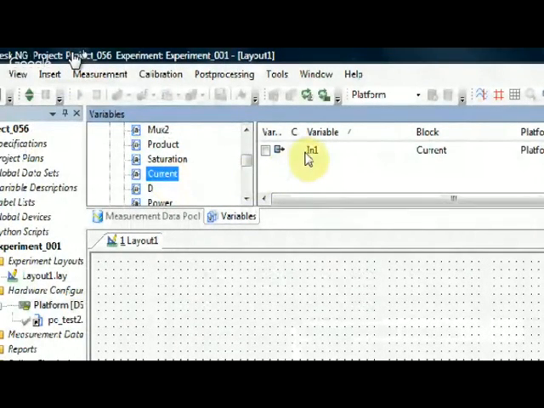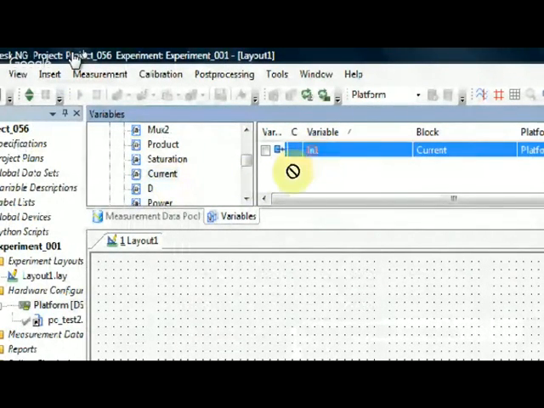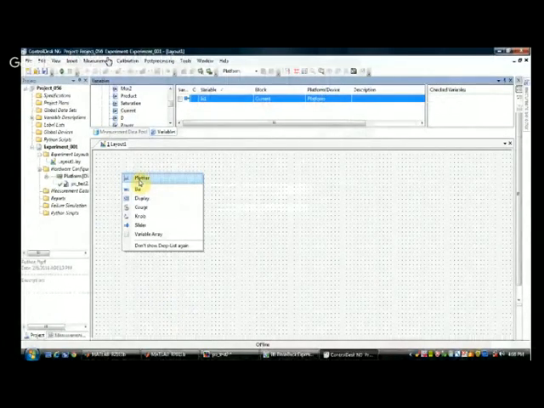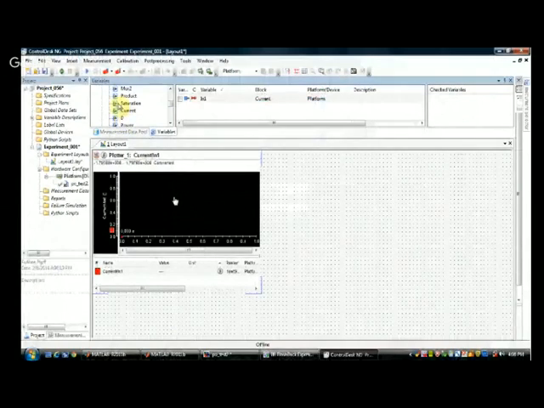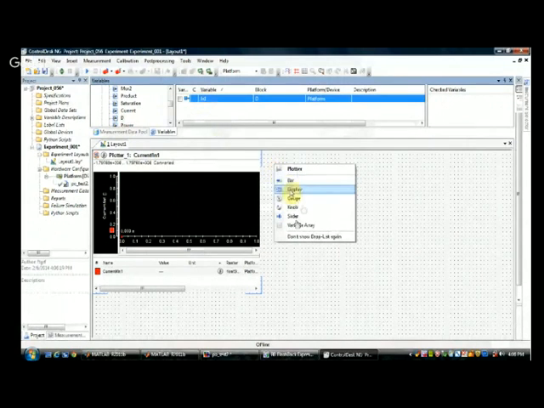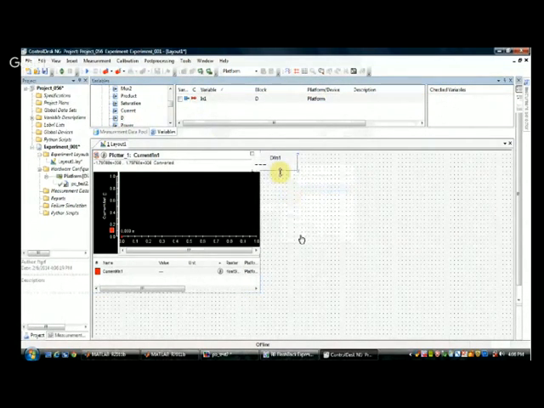So I am just seeing the current. So current has come here. उसको हम कैसे drag करके you have to put it here. So when I click current, the current was coming here, I dragged and I made a plot. Now D I clicked, duty cycle, I am just dragging that which is coming there and put it here. I am putting a display. Okay.